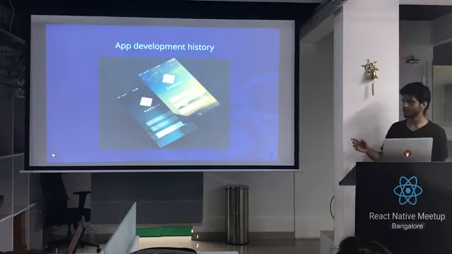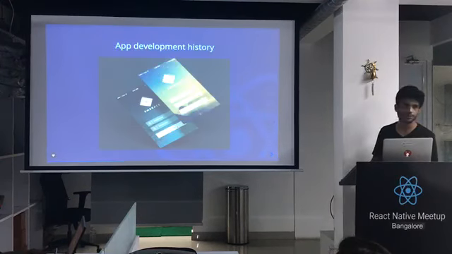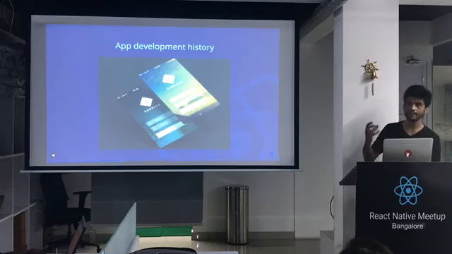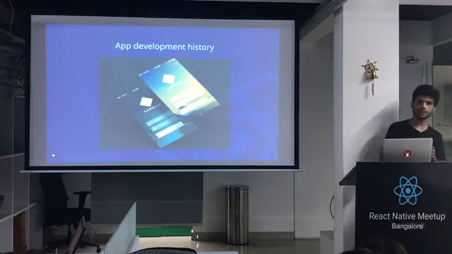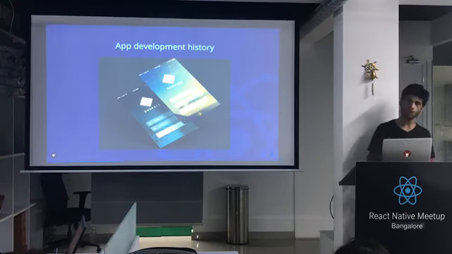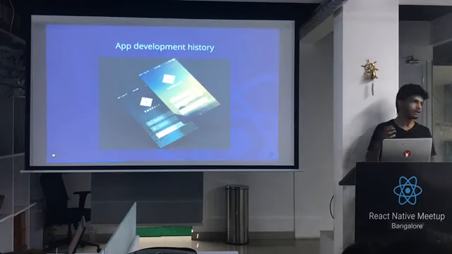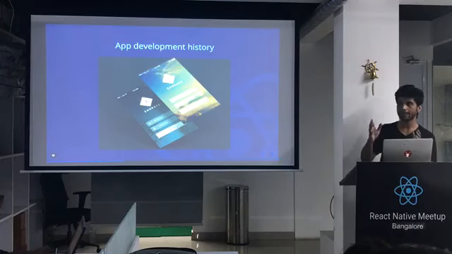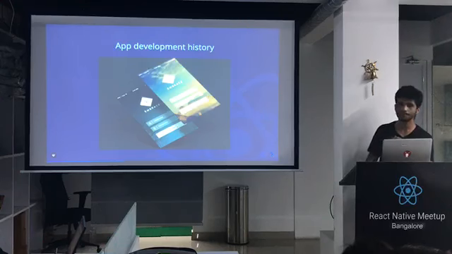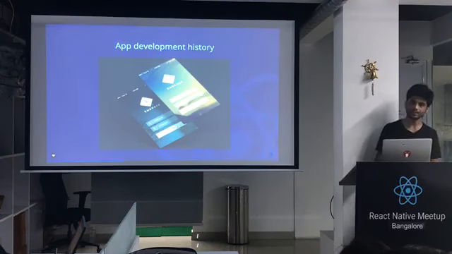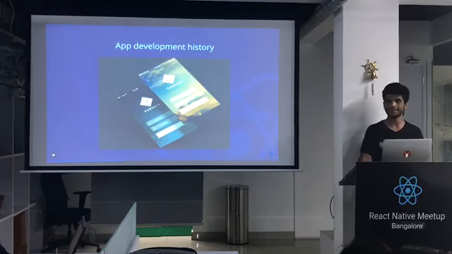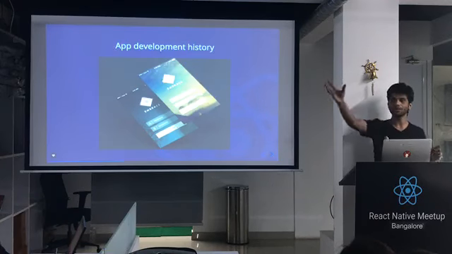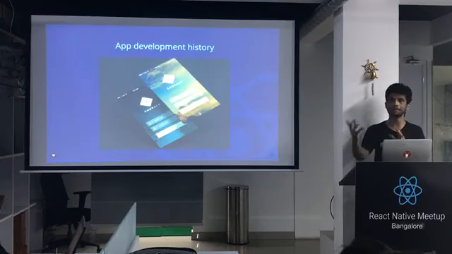Let's talk a little bit about app development history. Initially, with mobile apps, the content was very rigid. Whatever the content owner wanted to show on the app, that's what showed up on the app. Now we have customizable apps, where we allow the user to customize it. The future will have platforms where you could just input some of your requirements and the system makes the app for you. I guess app development has to get a little bit easier, maybe something like you drag and drop objects and that makes an app for you.